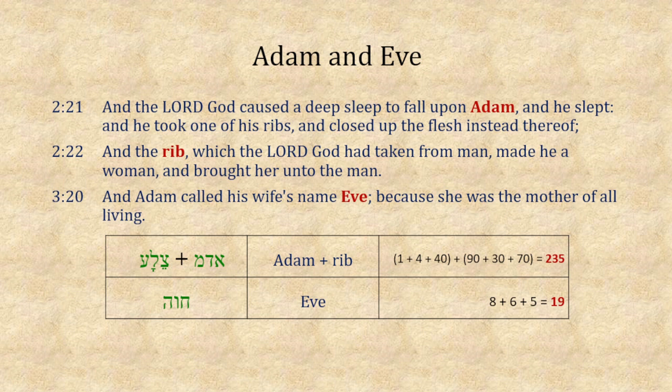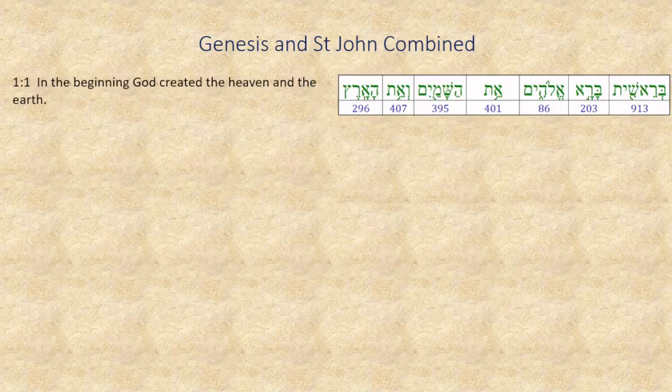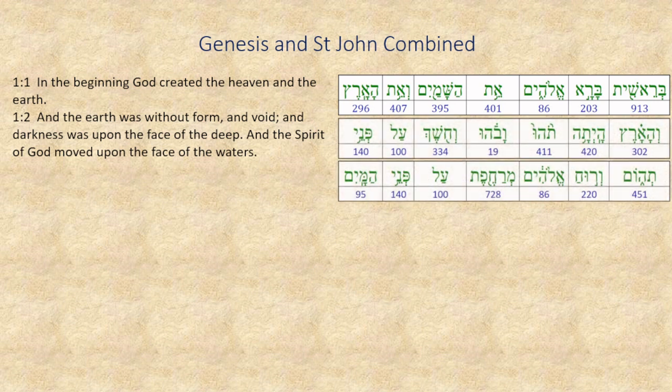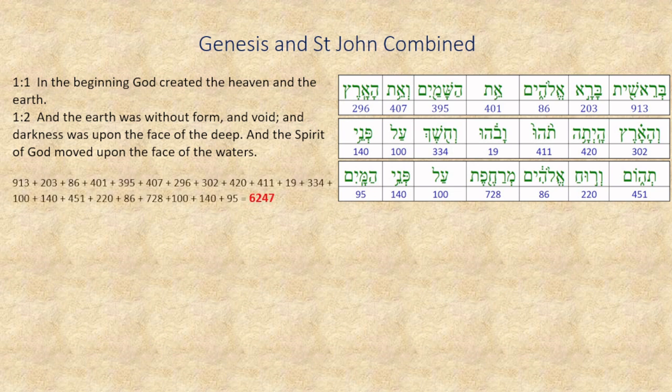Now, let's go back to the first chapter. We saw the first verse, and we can add to that the second verse. "And the earth was without form and void, and darkness was upon the face of the deep, and the Spirit of God moved upon the face of the waters." This adds 14 more words in Hebrew, and the first 2 verses have a grand total of 6,247. This ought to have an important symbolic meaning,